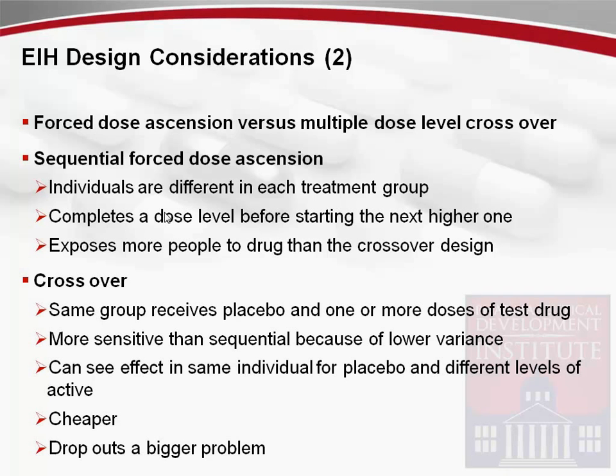Later trials are done with what's called a parallel design, which means all the dose groups will start at the same time together. That's done in phase 2 and phase 3. Crossover studies are when you have the same group who comes back for multiple dosings. And the big difference in these two is that the